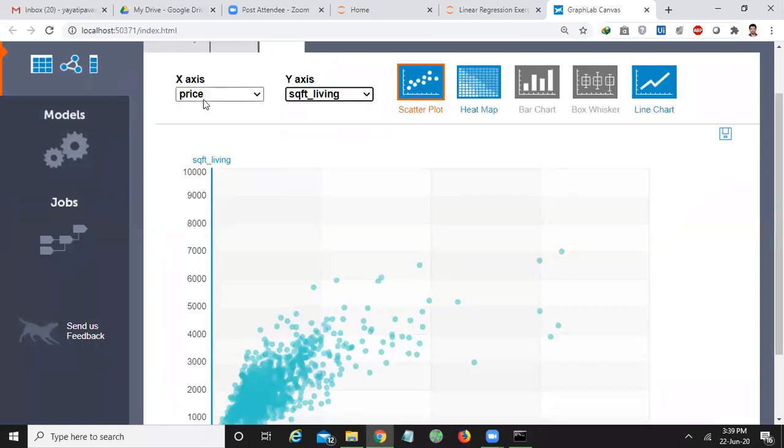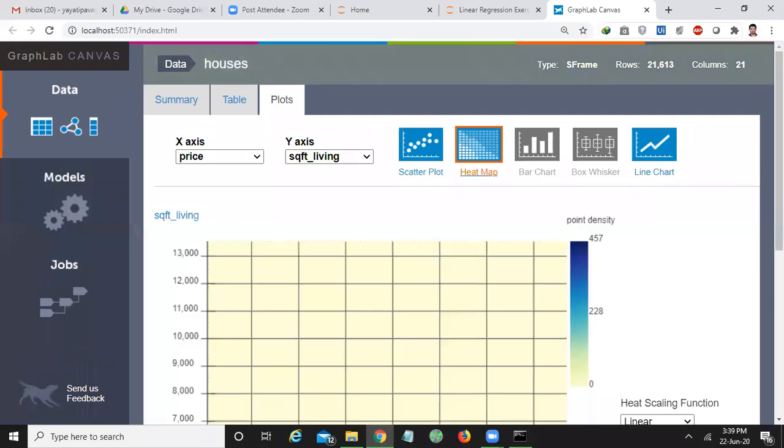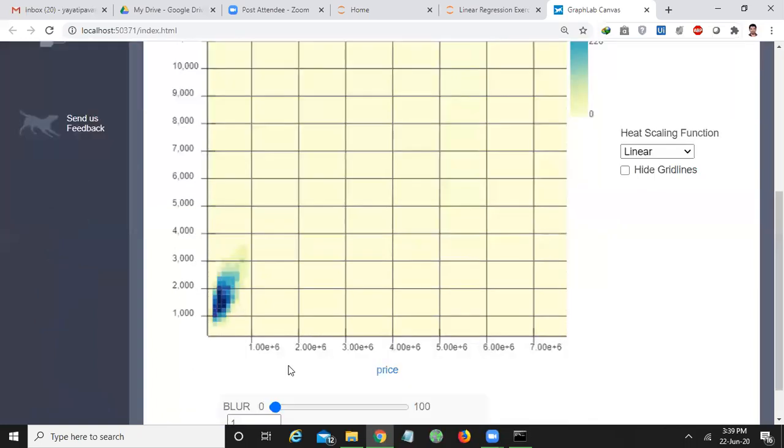Here you can compare how the price and SQFT are changing together. If you construct a heat map, here I can observe the correlations, how the values are correlated. If you increase the blur, you can see the correlation between the price and the SQFT.